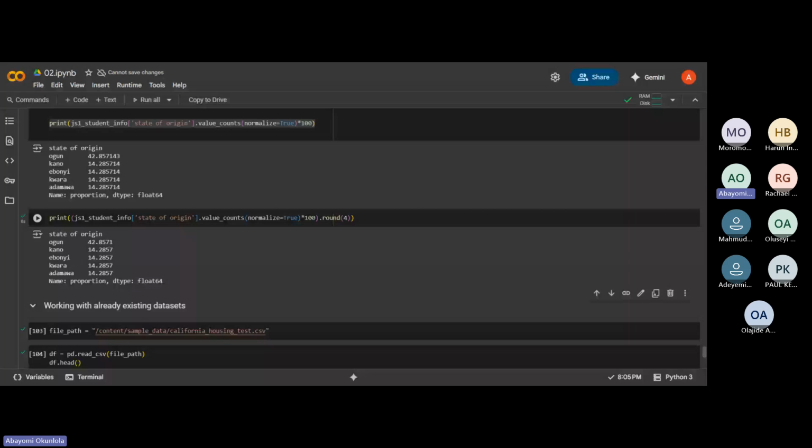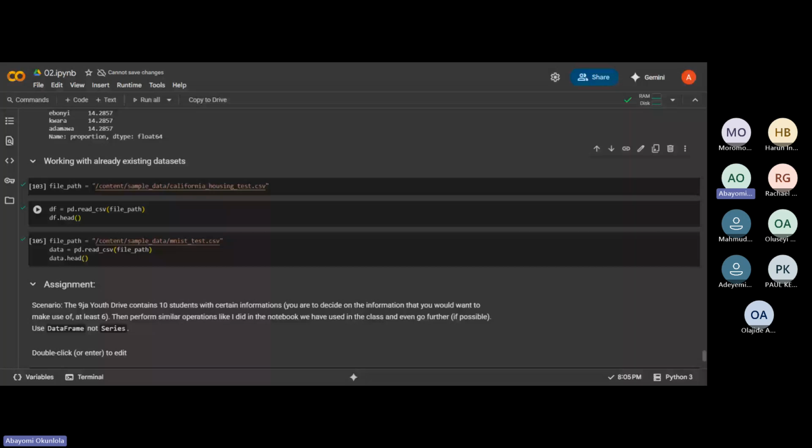Okay. So moving forward now, how do we work with existing data? How do we get to see, oh, I have my data set in Excel format. How do I bring it into Python?